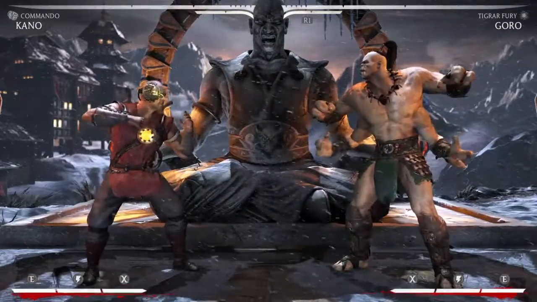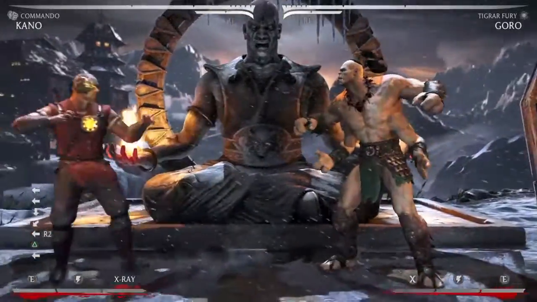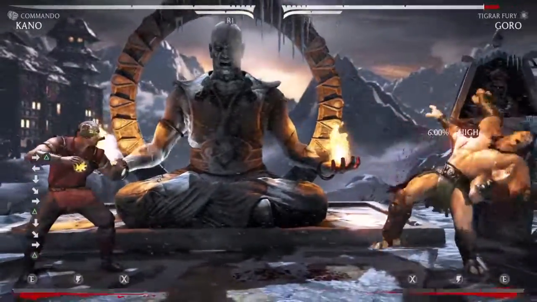Good for wake ups, good for late anti-airs, like if you know they're gonna hit but you still want to anti-air, use the armor to eat the first hit. Plate toss, fast projectile, good recovery,